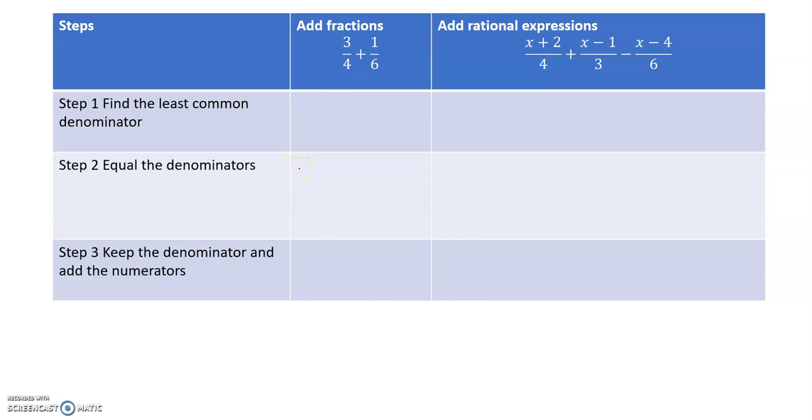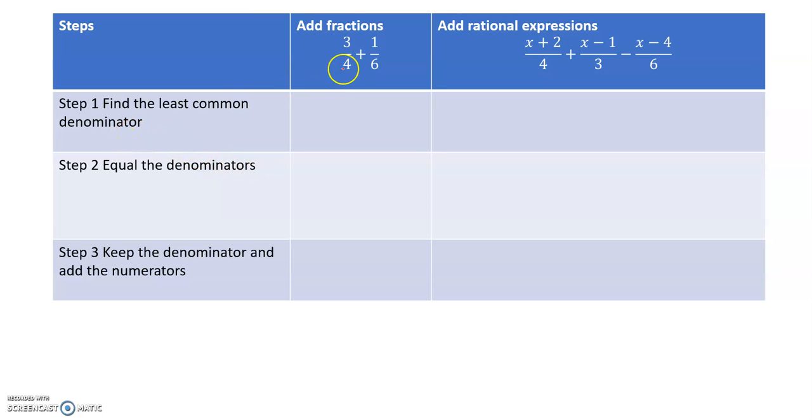Previously, we learned how to simplify a rational expression and then how to multiply rational expressions. And we found that the process is very similar to simplifying fractions and multiplying or dividing fractions. So now we are going to look at how to add or subtract rational expressions. And again, we're going to compare the process to adding or subtracting fractions because they also follow the same